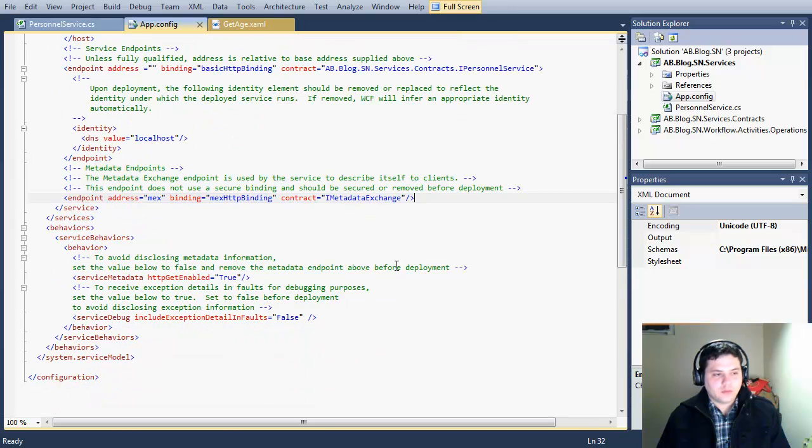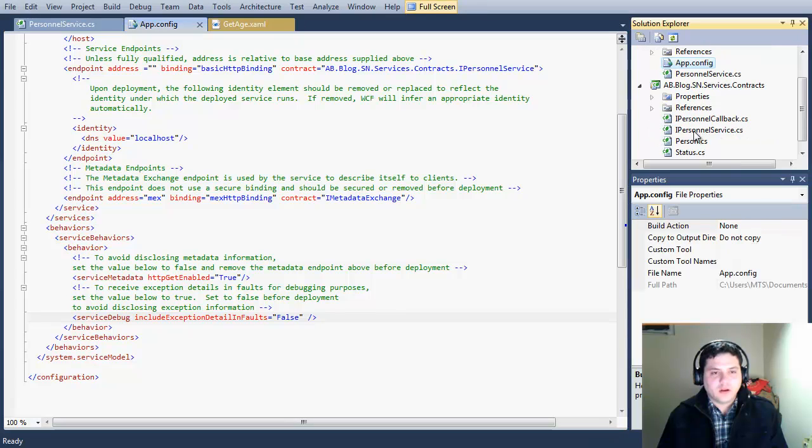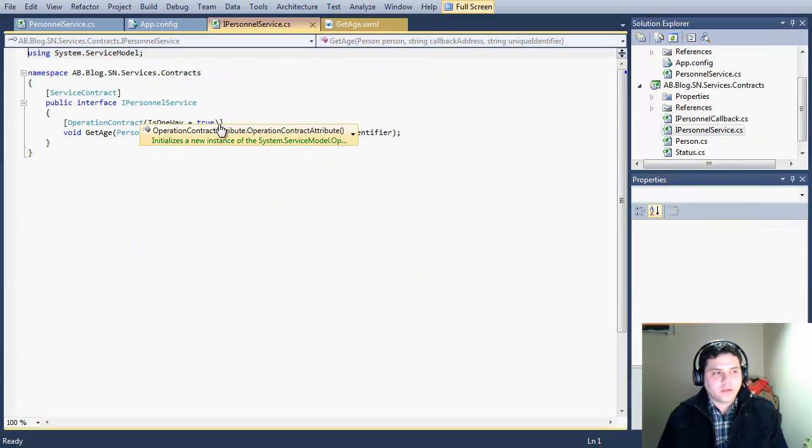Our MEX is exposed down here, and this is irrelevant because we don't have a sessionful connection. So whether or not I set this to true, there's no way to call back to the client using that connection. You would if you had a duplex binding along with a callback contract specified on your contract here,